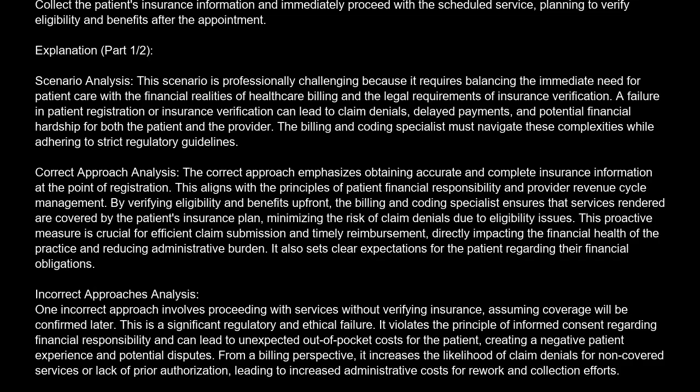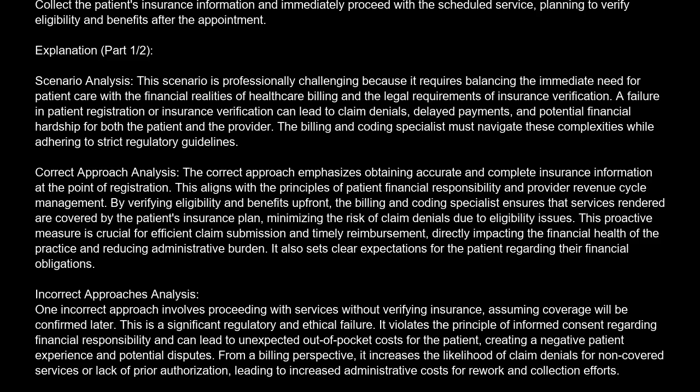The correct answer is D. Collect the patient's insurance information and immediately proceed with the scheduled service, planning to verify eligibility and benefits after the appointment. Explanation. Scenario analysis. This scenario is professionally challenging because it requires balancing the immediate need for patient care with